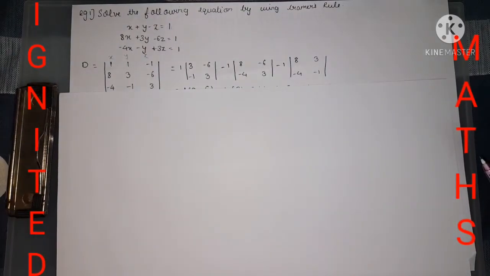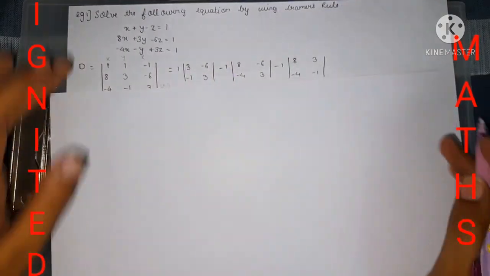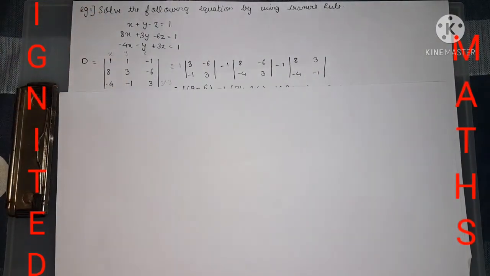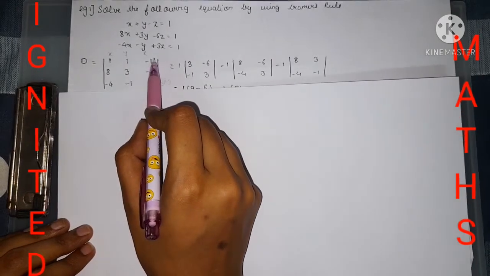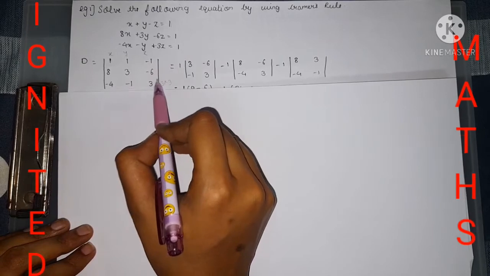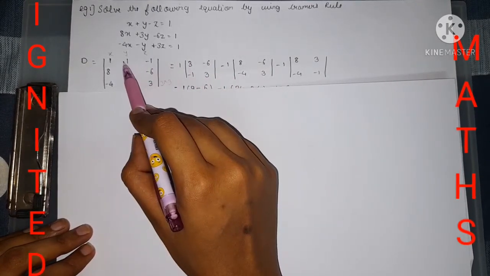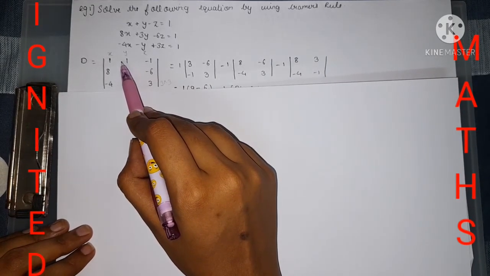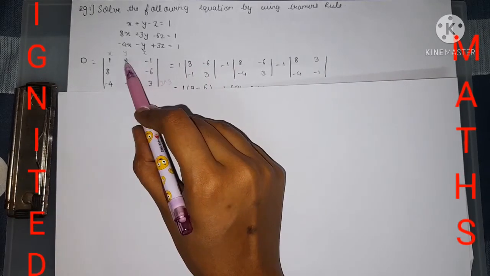Afterwards, as you can see over here, a 3 cross 3 determinant occurs. For a 3 cross 3 determinant we need to take any row as the constant. Now I took the first row. While taking the first value, I got this term, a 2 cross 2 determinant. Minus 1, because first row and second column, so 1 plus 2 is 3, which is odd, so the sign will be negative.